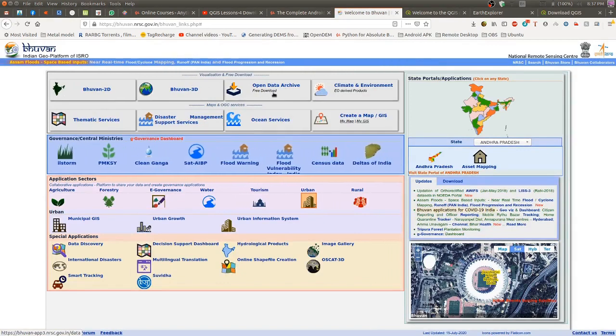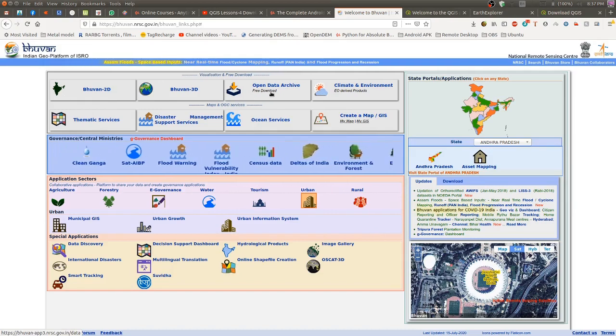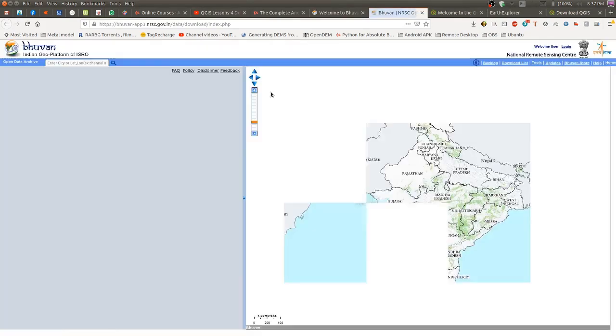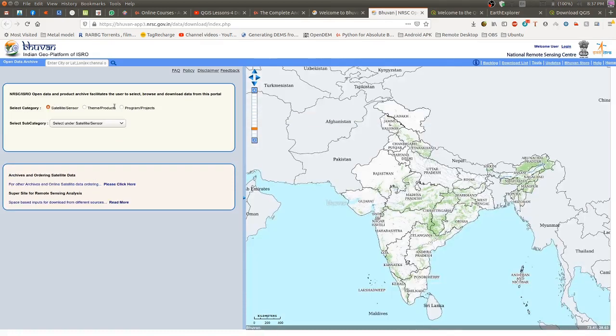These are freely downloadable imageries in this. You go to this site, and you will be presented with a map and the different categories. Here we select satellite sensor. We are going to use Cartosat DEM.